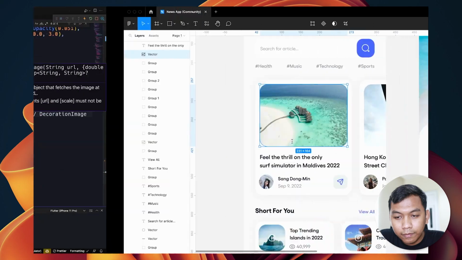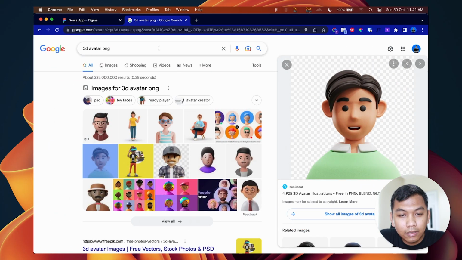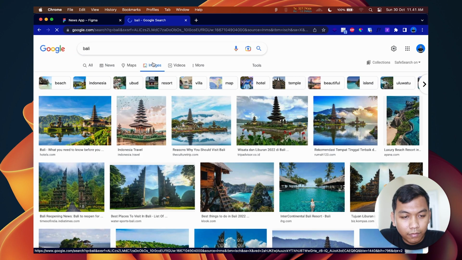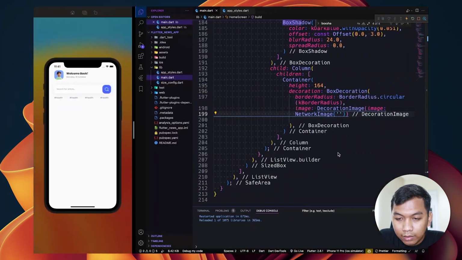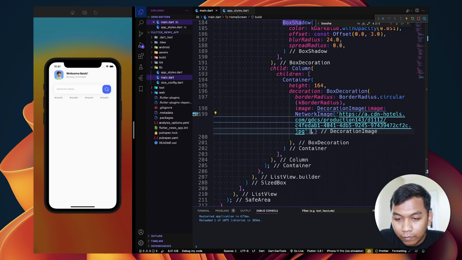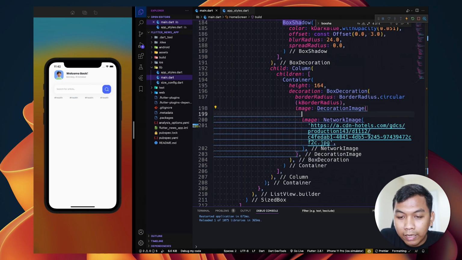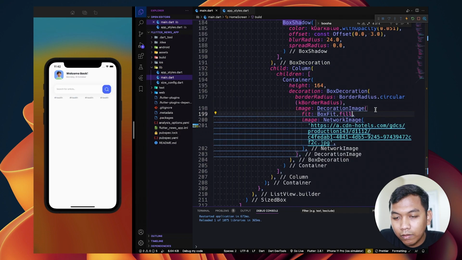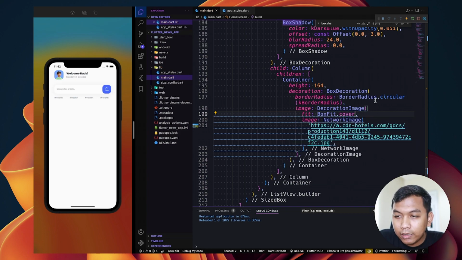So let's find image of Bali. So just copy image address, paste here, look like this. And inside this decoration image, set fit to be cover. Look like this.